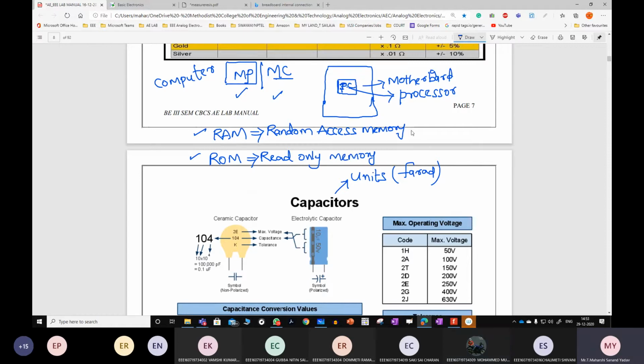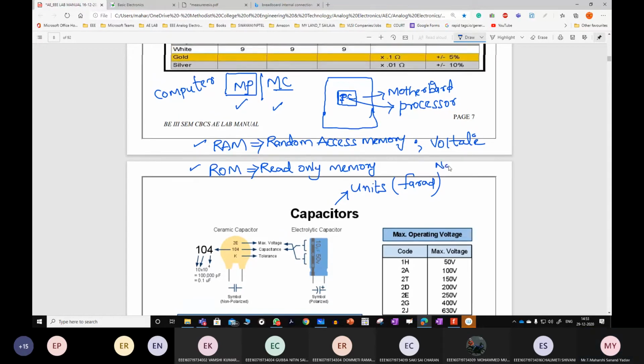Do you know about these two terms: volatile and non-volatile? These are the types. Suppose now I'm using the system. All the operating systems and applications which I'm using, and the temporary results, will be loaded and stored in RAM.